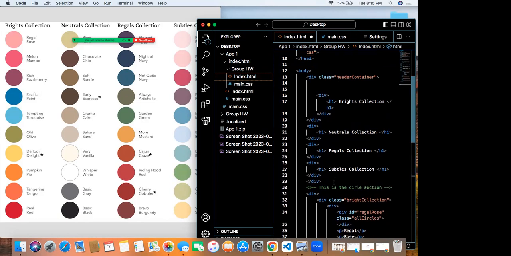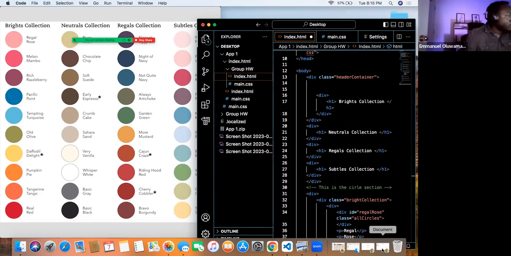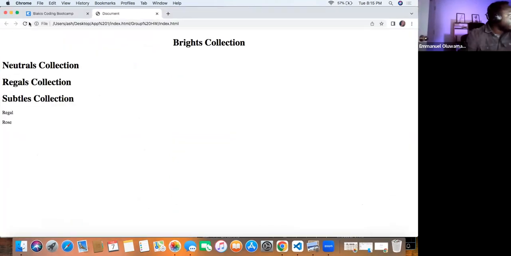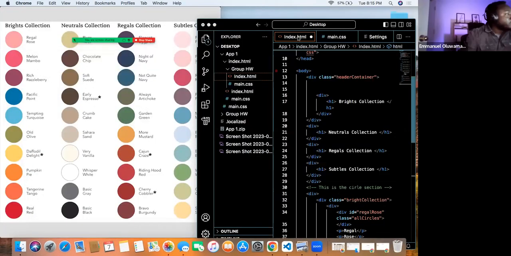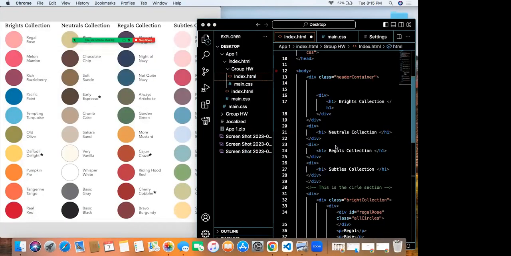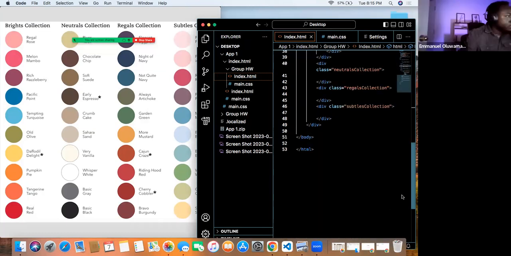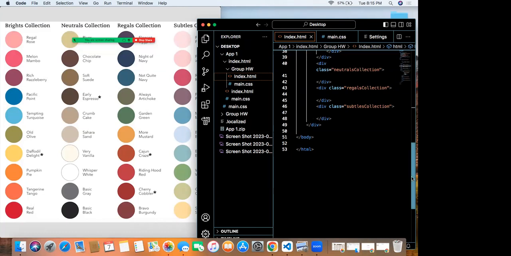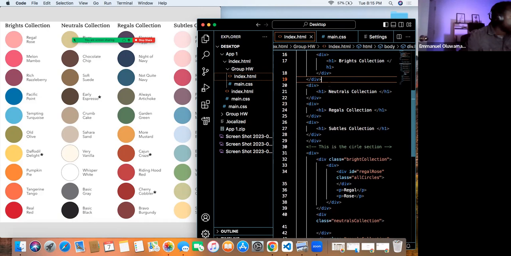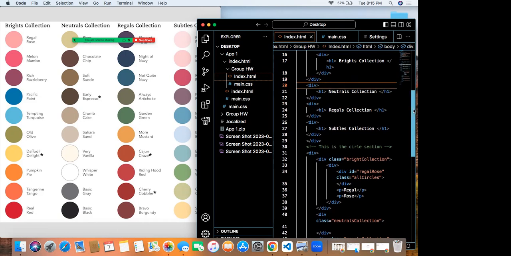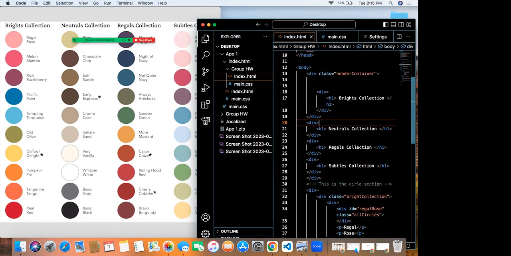Is it still giving you an error? This is why it's not working. Did she click save on her HTML? Oh no, it's not saved. There's an error in line 20. Save. What about line 120? I don't see any errors.